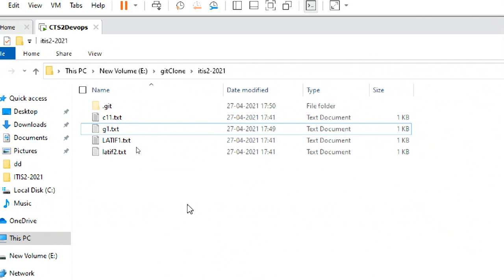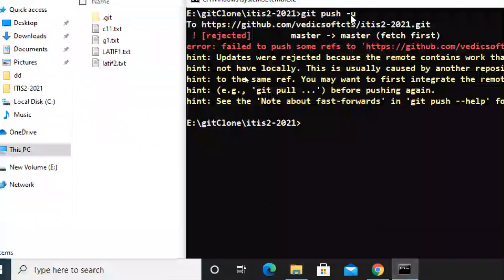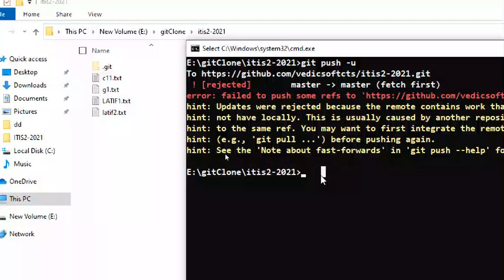If there is a version difference, then we cannot upload your new files. Sonali 1 is not there. So there is a difference between your GitHub and your local repository. You have to resolve the difference first, then only can we push the new things. Okay, so make sure of that. Very good, correct. So at least one person understood, as per me. That is satisfaction also.